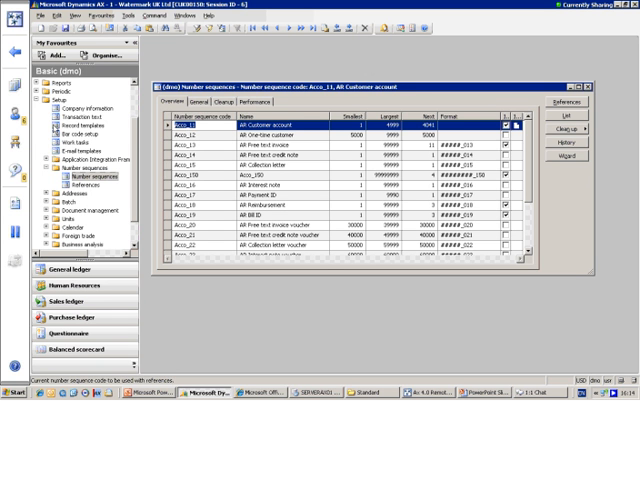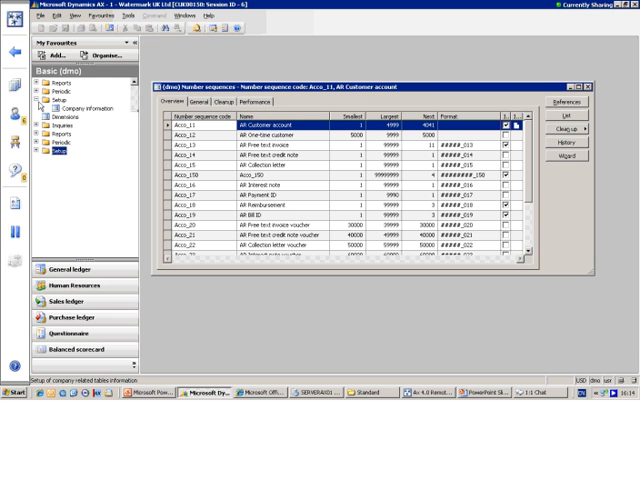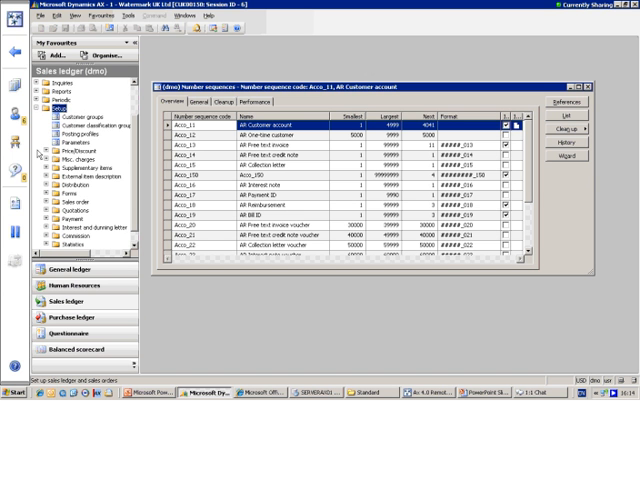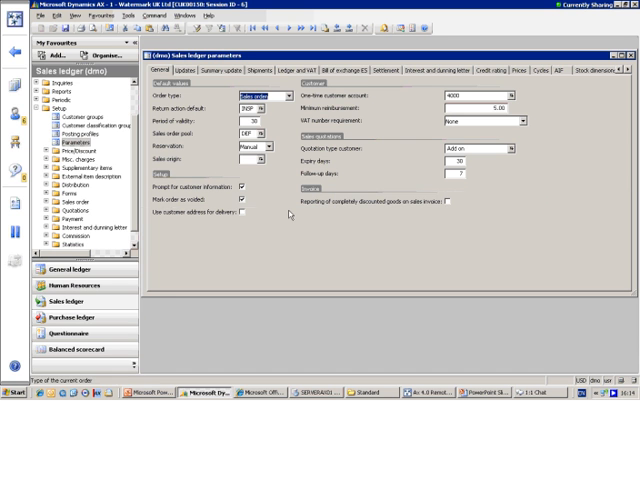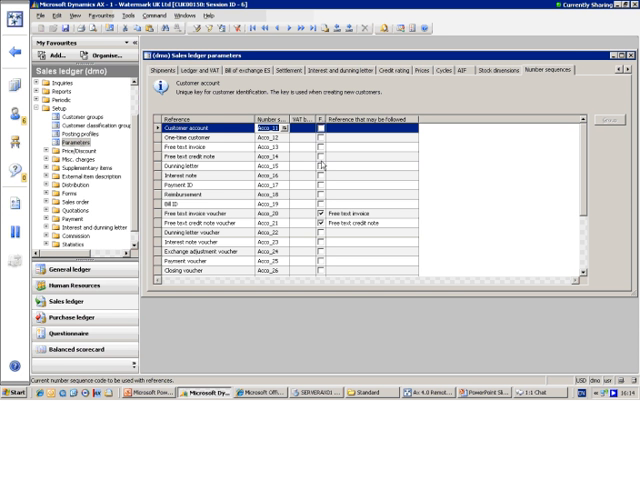So every module in Dynamics AX has a setup folder. Let's say the accounts receivable setup folder. In the setup folder, you can always find the parameters form. In the parameters form, we set up parameters for the specific module. And in every parameters form, the last tab is the number sequence tab. So in this form, you can assign the number sequence to the specific